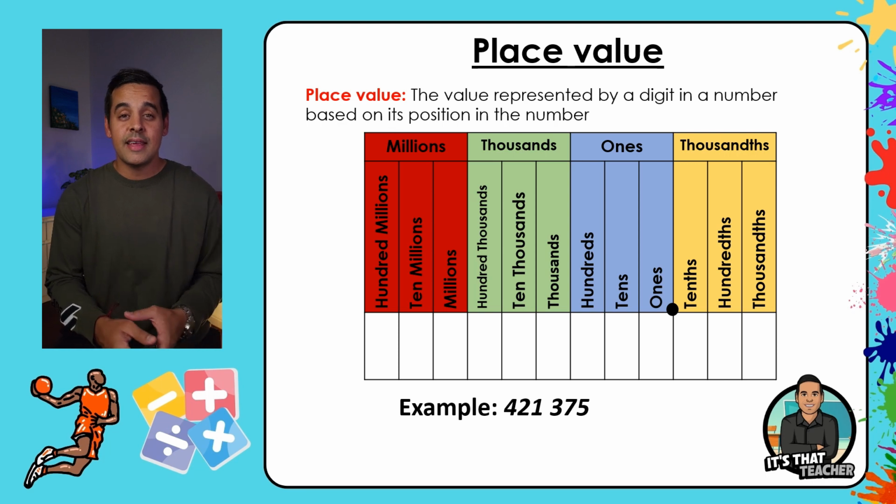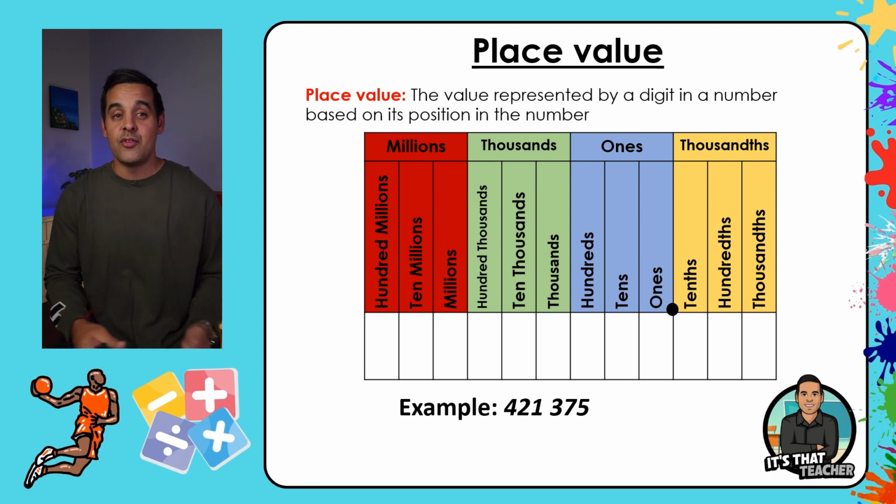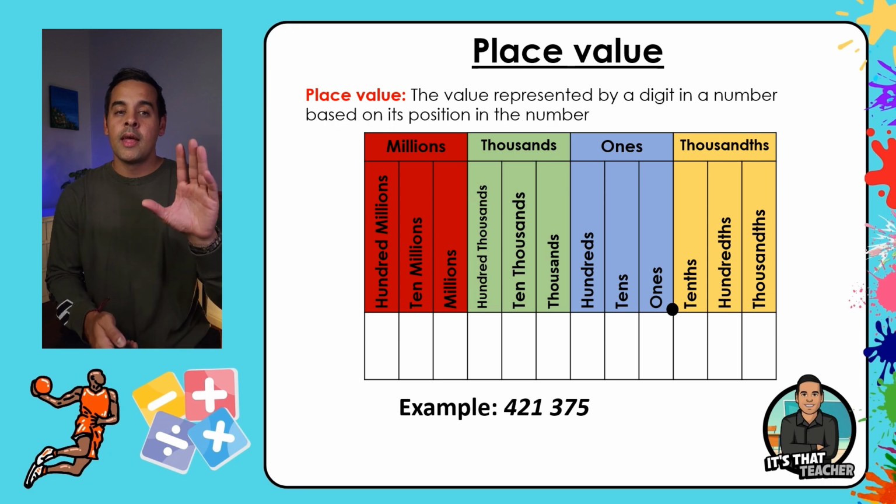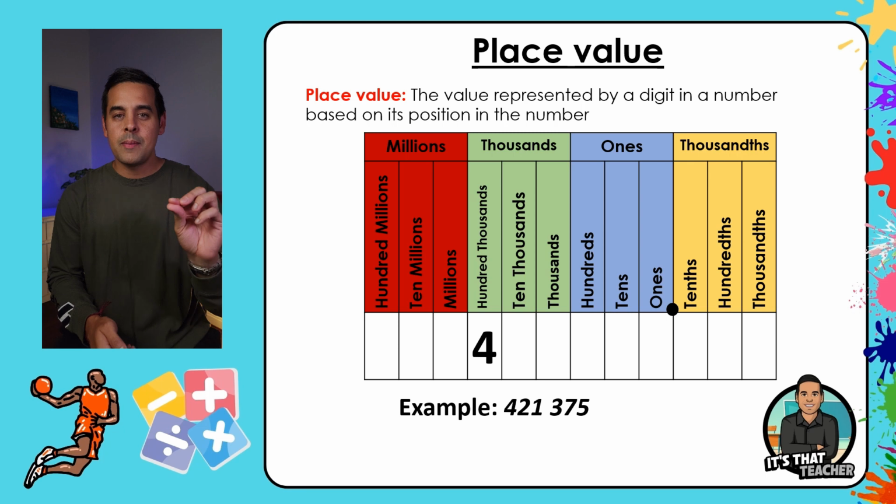So, in front of you, you can see a place value chart that I've made for you. Red is the millions column, green thousands, the blue is the ones, and the yellow is the thousandths. Now, we're not going to worry about that today, we'll worry about that in the next lesson. So, the example number that I've put for you is 421,375. So, if we go by order, the 4 would be placed in the hundreds of thousands because